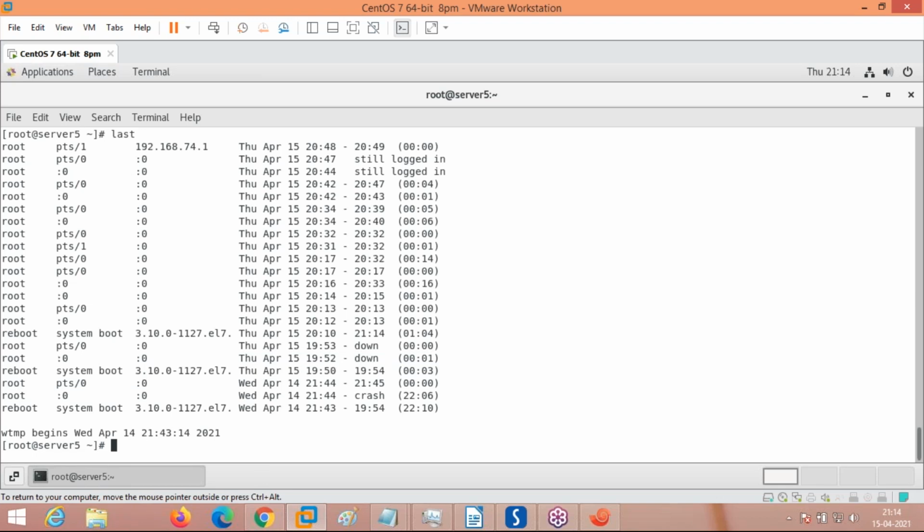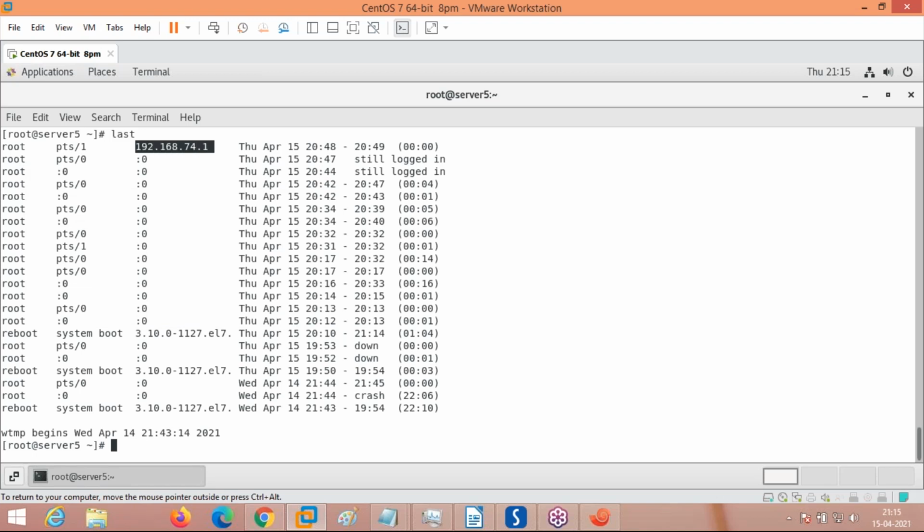I booted into this operating system at 7:50. Later, at 7:52, it was shut down again and booted again at 20:10, which is 8:10 p.m. today, the 15th. See here, this information shows who connected when the system was shut down, when the system was rebooted, and how many people connected during that time. From today's date, 2018, at 8:10, this many people have logged into the system this many times.